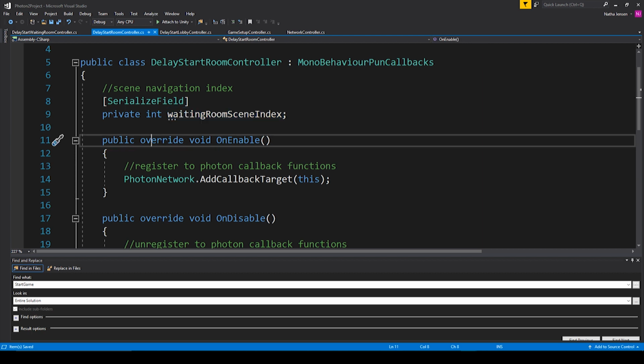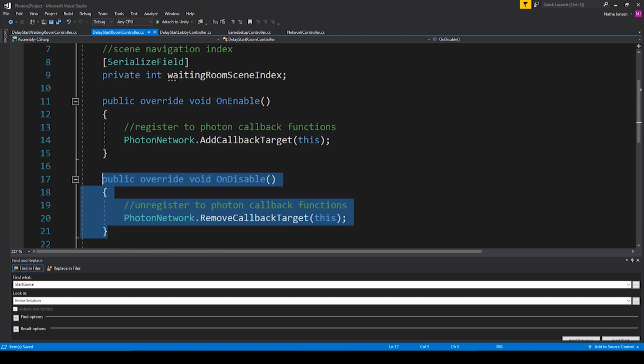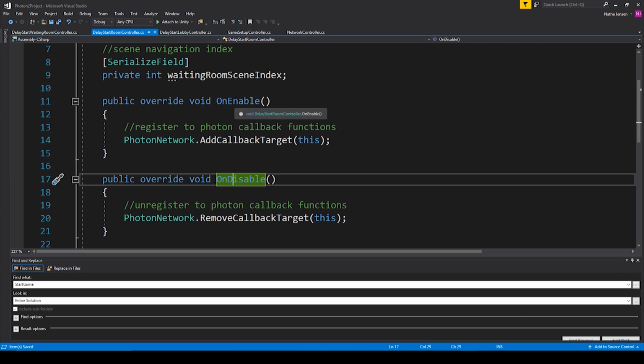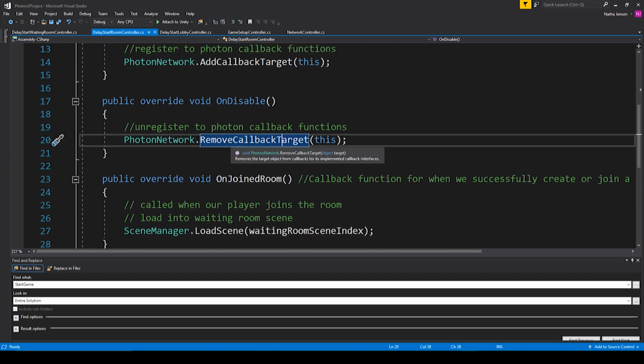And so I have public override void OnEnable. Inside this function, I have PhotonNetwork.AddCallbackTargets, and we're passing in this. You can then copy this OnEnable function and paste it down below. You'll then need to change the name from OnEnable to OnDisable, and then from AddCallbackTarget to RemoveCallbackTarget. This will make it so that we can execute callback functions that are being triggered in other